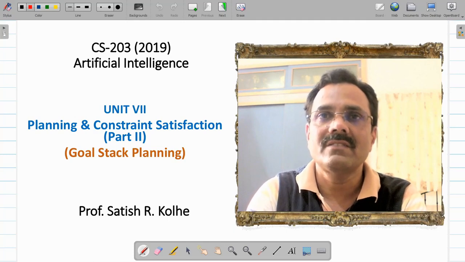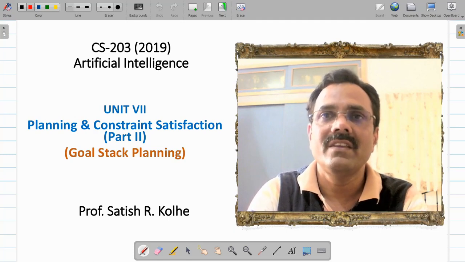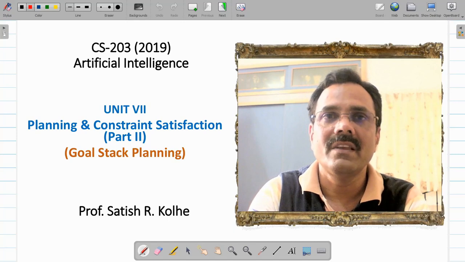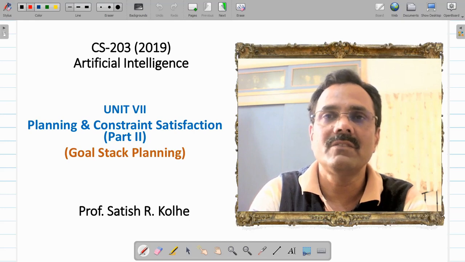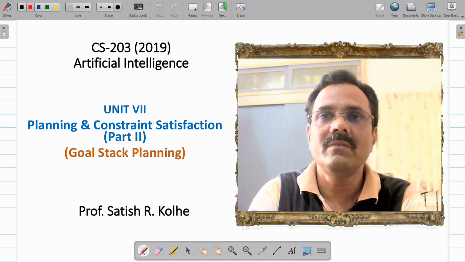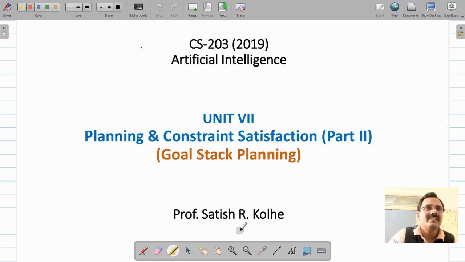In the last class we have seen what is planning, and what the different planning techniques are. Then we have seen the components of a planning system. And then I told you that the block world problem we are going to discuss to understand all these planning techniques, because this domain is complex enough to understand the differences between all those planning techniques that we are going to discuss.